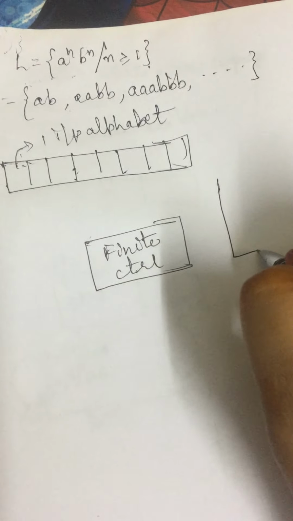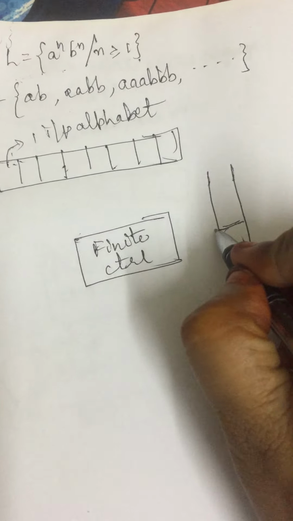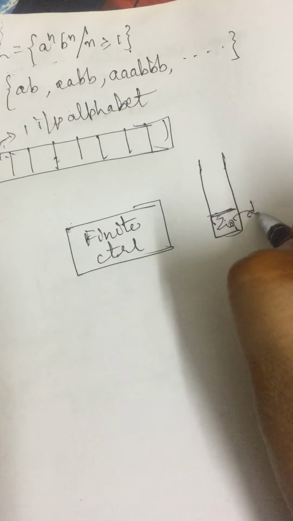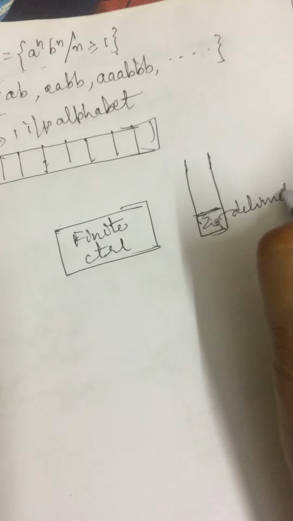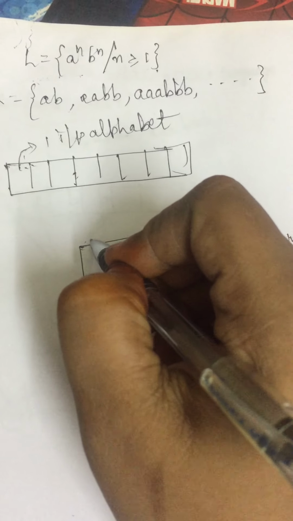And here a stack. The default top of the stack is Z0. It acts like a delimiter which indicates whether we have reached the top of the stack or whether the stack has become empty. And here there is a header